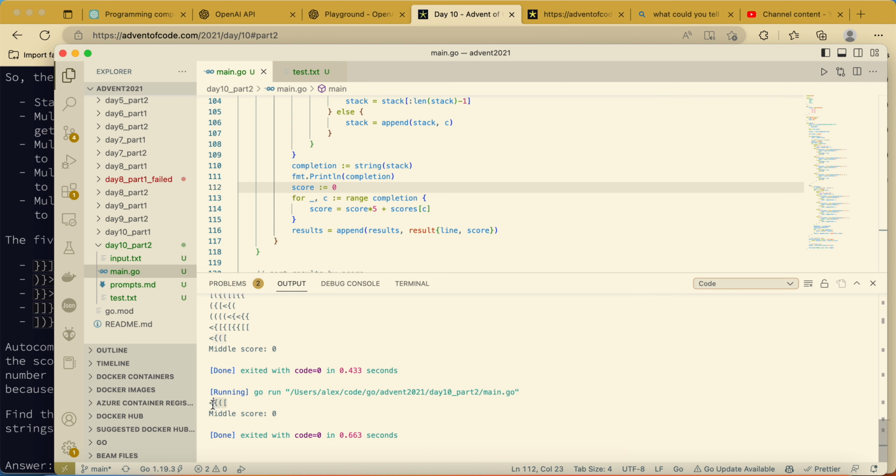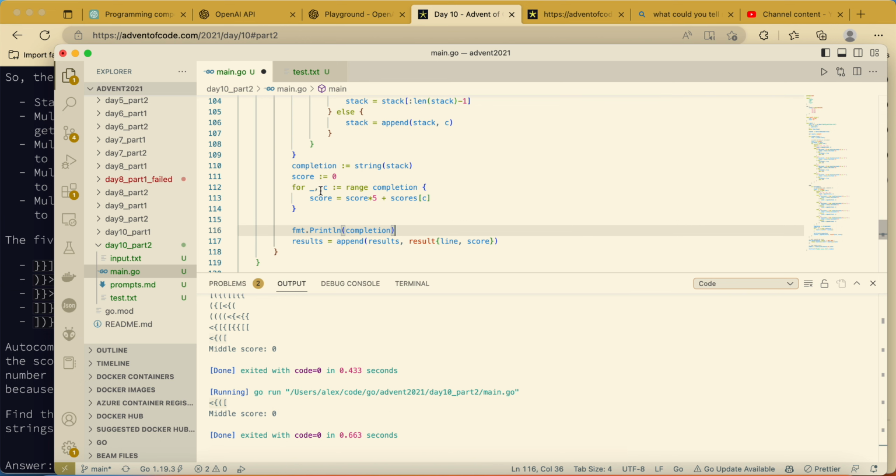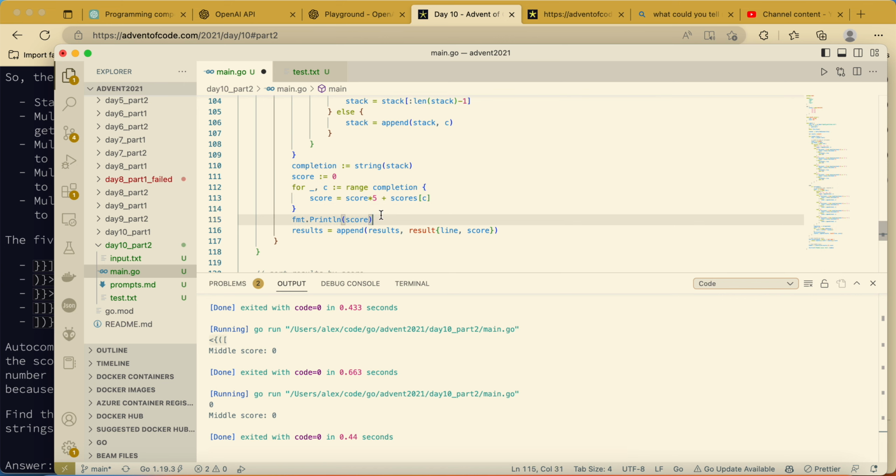Yeah, we are on this one, and we want to see what's going on. Why is this evaluation, so to say, wrong? Because here on score, the score is 0, and